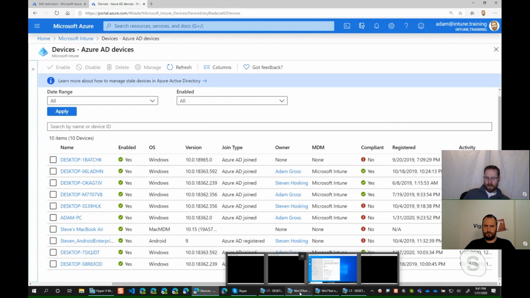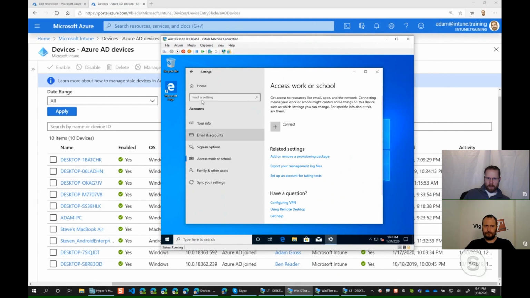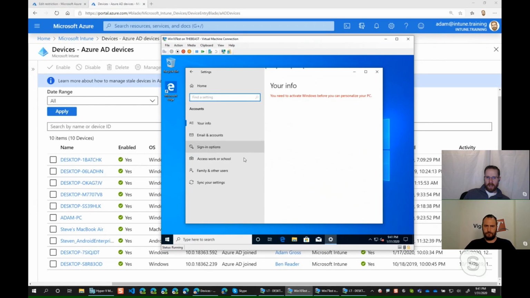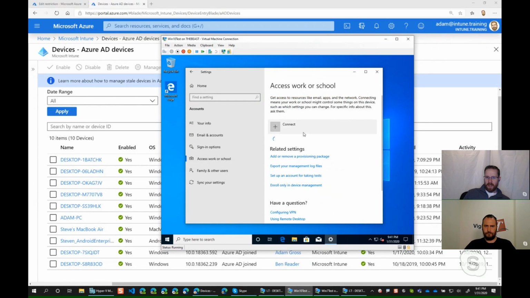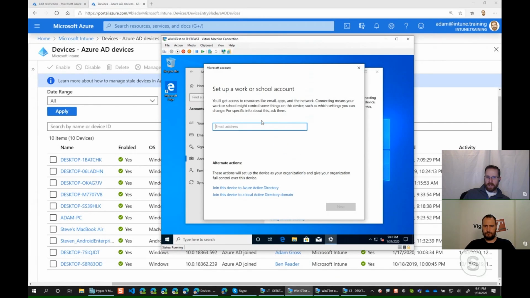So for the first one, I'll start from here. We go to Accounts and Access Work and School, and you can hit Connect. At this point, you have the option to join this device to Azure Active Directory, join it to a local Active Directory domain, or simply put in your work or school account and hit Next. So you have 3 different options in this one screen, and we are just going to,